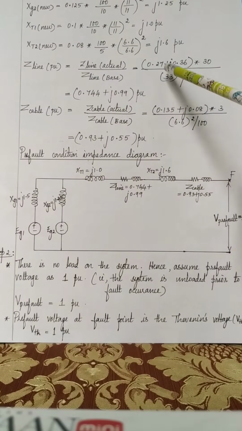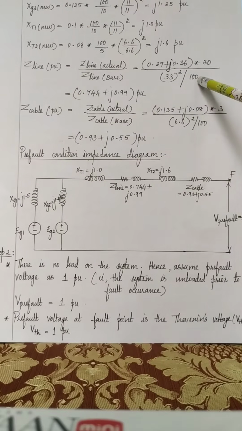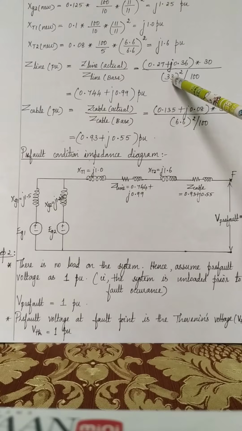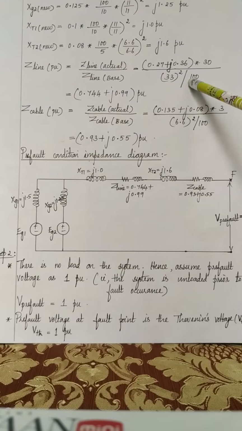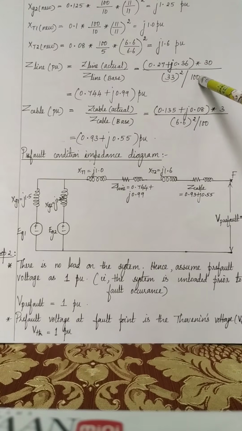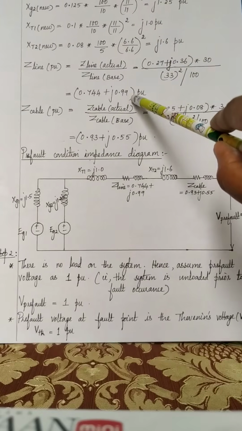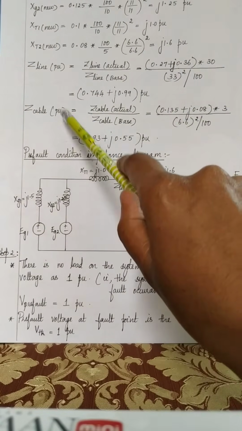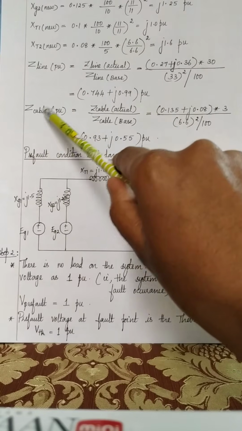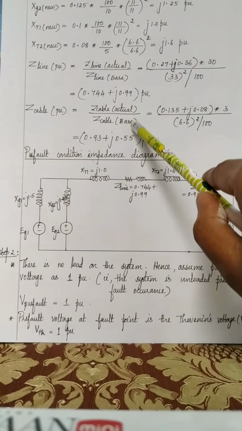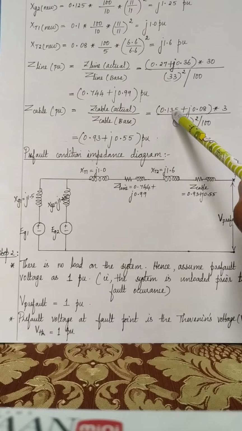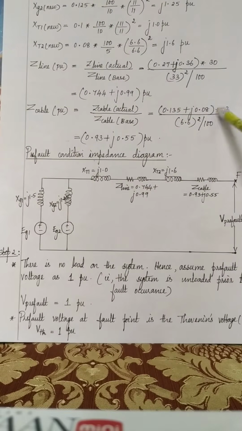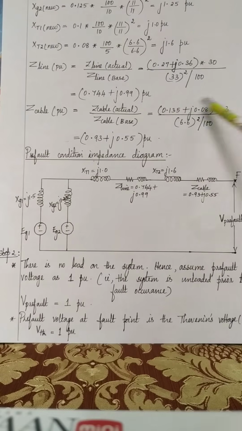divided by the base value of impedance, which is KVB square divided by MVAB. Those two are new values. What is KVB new in section 2? 33. What is MVAB in section 2? 100. So on calculating you will get this value. So in the same way, find the impedance of the 3 kilometer cable, actual by base. For 1 kilometer it is 0.135 plus j0.08. For the entire 3 kilometers, multiply by 3, divided by